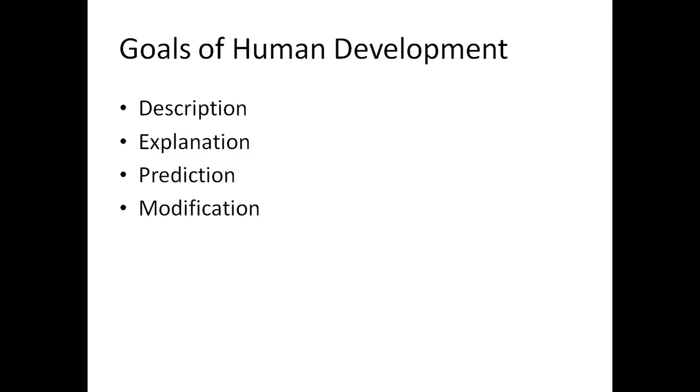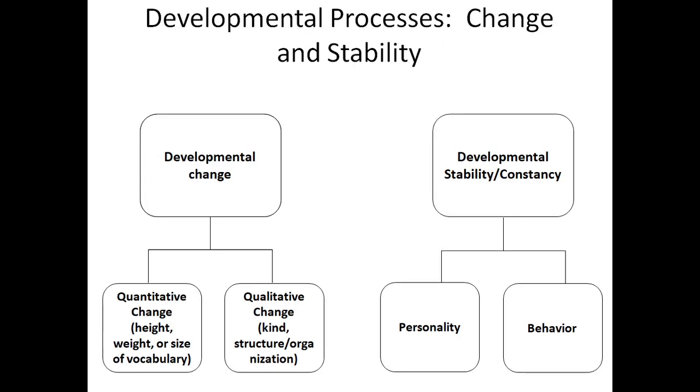The third goal is prediction. The knowledge about some behavior makes it possible for the developmental psychologists to predict which ability can be developed early or later. For example, will delayed language development affect speech? Fourth goal is modification. When the developmental psychologists are aware about the development of some ability, that knowledge can be used to modify behavior. For example, can therapy help speech delays?